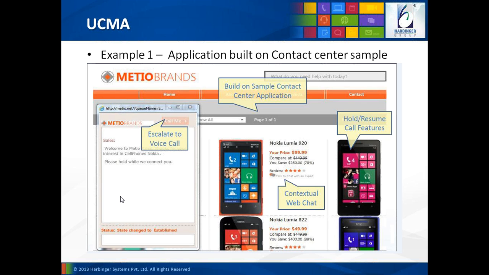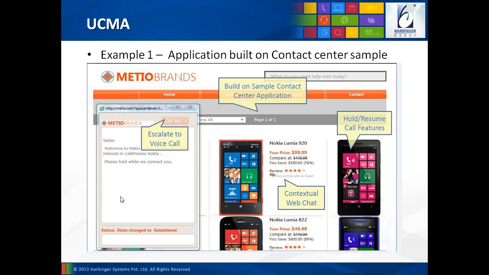And then it creates an IM call with each one of them and waits for a response. The moment any of the experts responds positively, saying that yes, he is interested in servicing this call, the UCMA application drops all other calls and connects the expert with the customer so that they can chat.